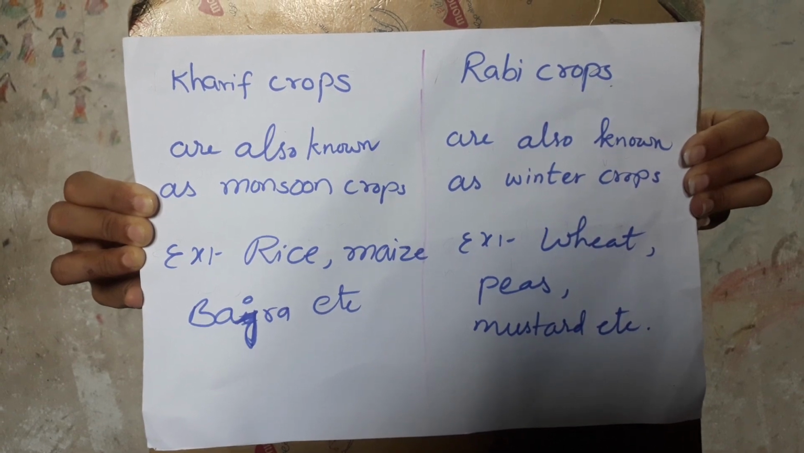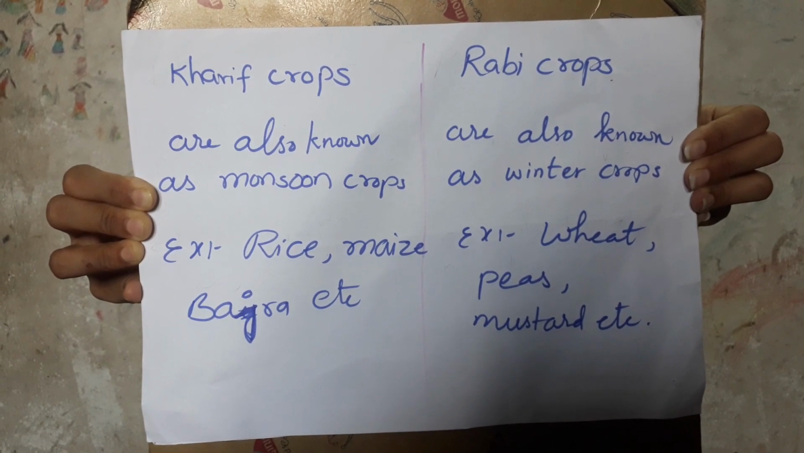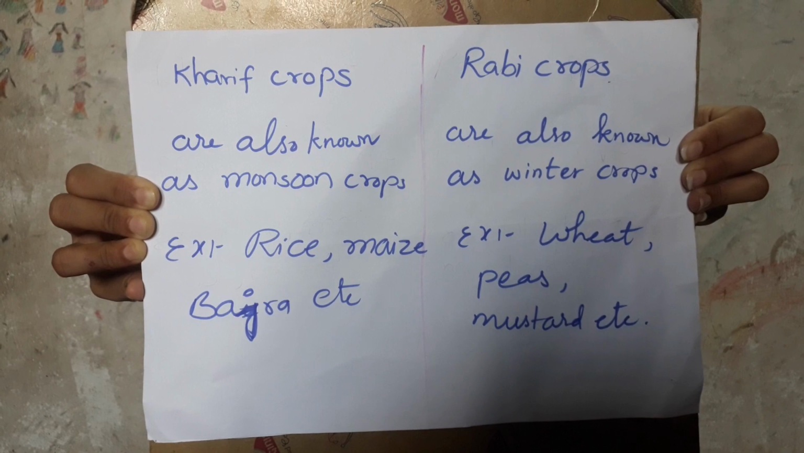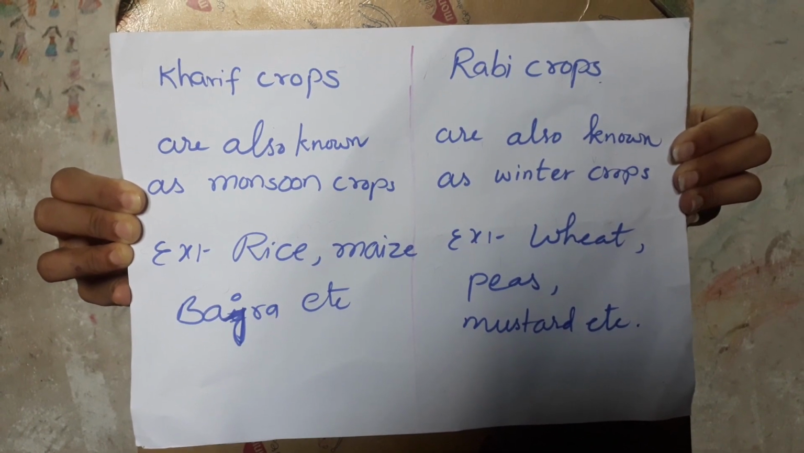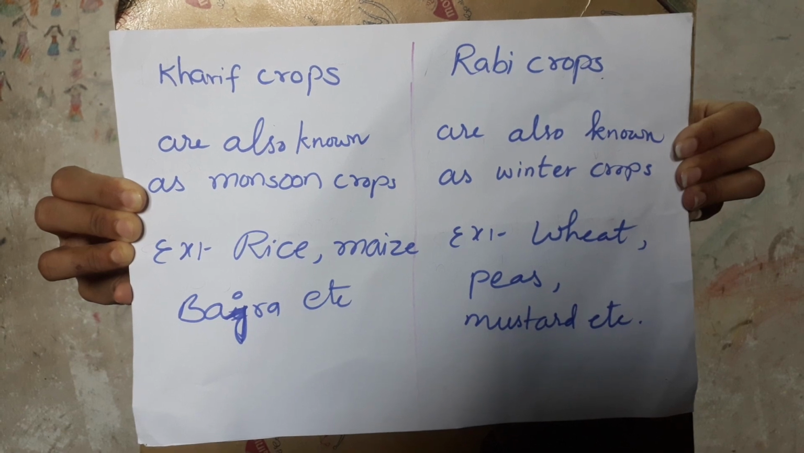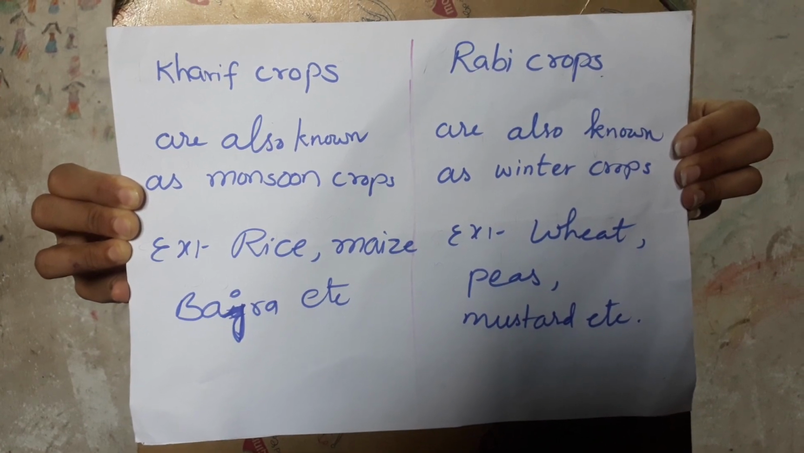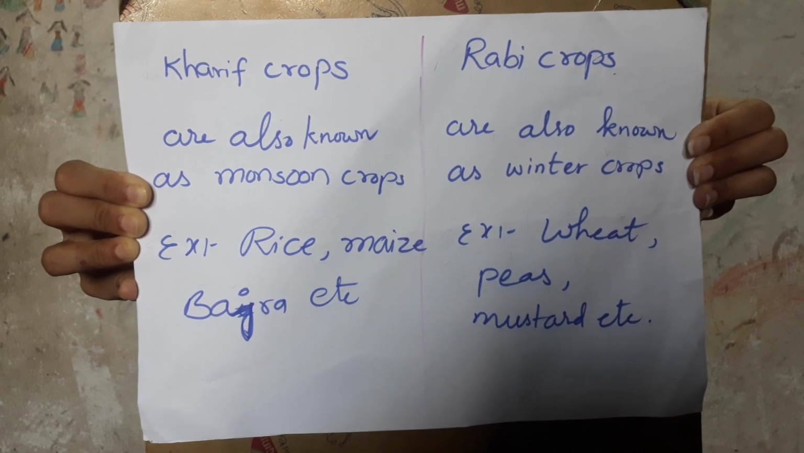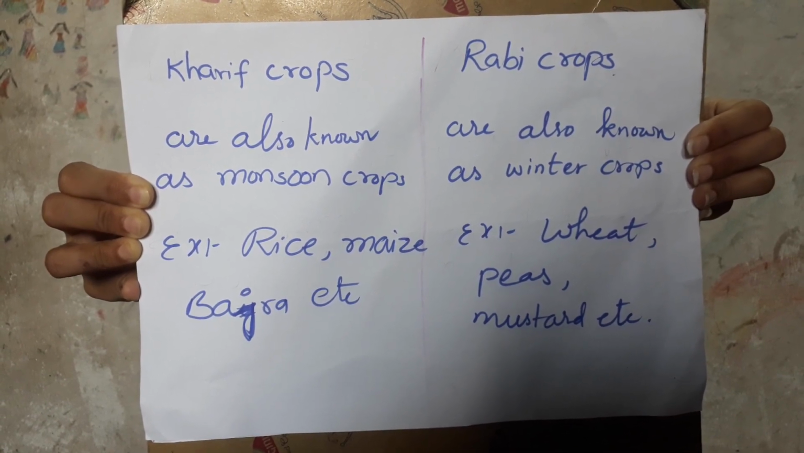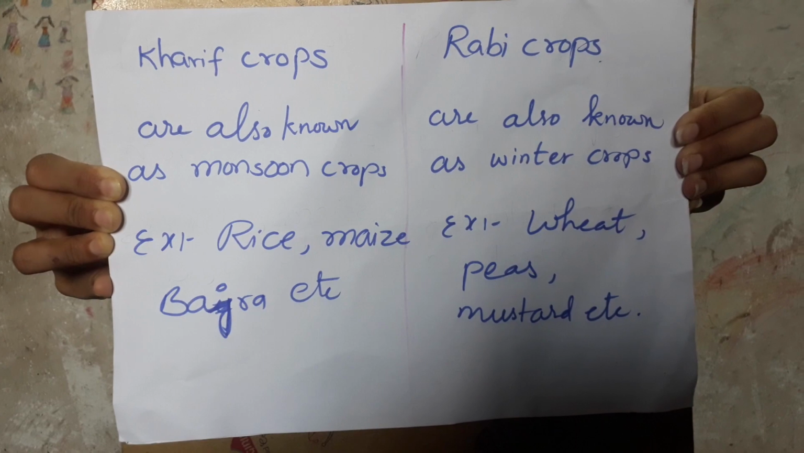That is why these crops are also known as winter crops. For example, these Rabi crops include wheat, peas, mustard, etc. So these are the crops. And